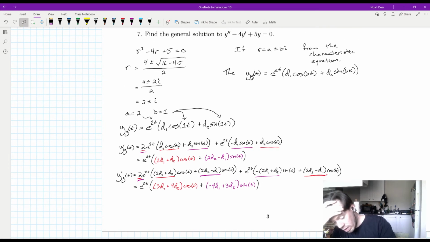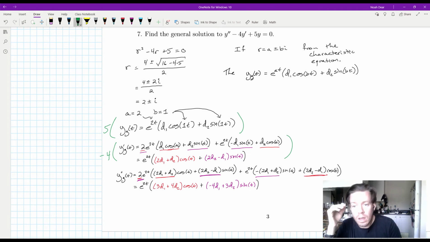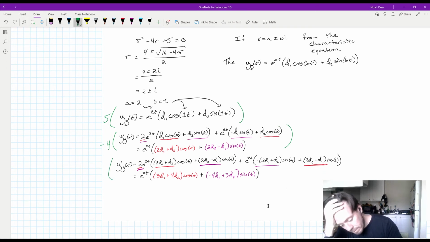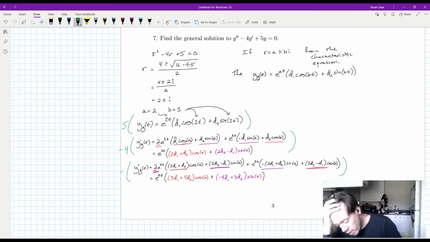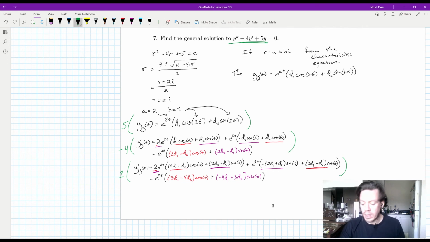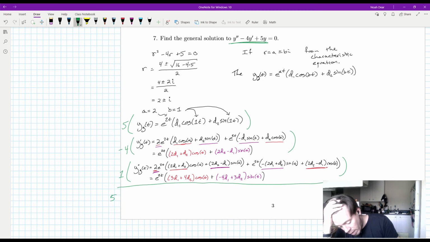What I'm going to do is I'm going to take all three of these and multiply them using parentheses here. So y sub g needs to be multiplied by 5, and then y prime of g needs to be multiplied by a -4, and then our y double prime is going to just be multiplied by a 1, right? So I'm just looking at the coefficients of y double prime minus 4y prime plus 5y, so that I can go ahead and multiply those across here, and then we can combine the like terms. So on the left, we get 5y minus 4y prime plus y double prime, and then equals, all right,